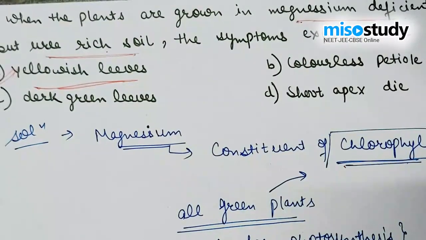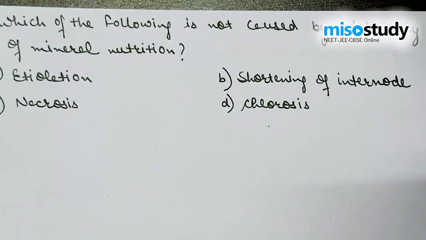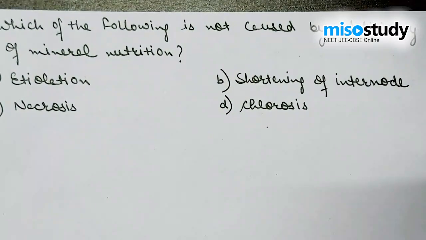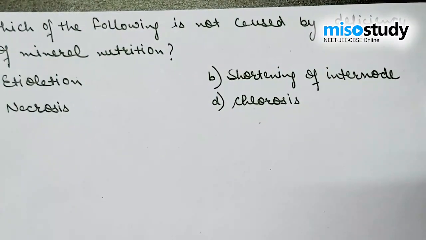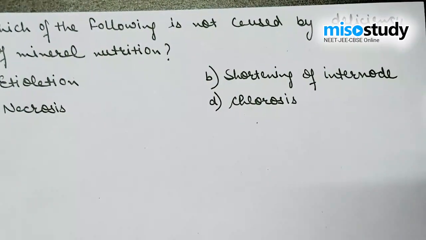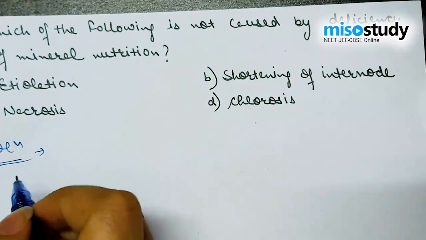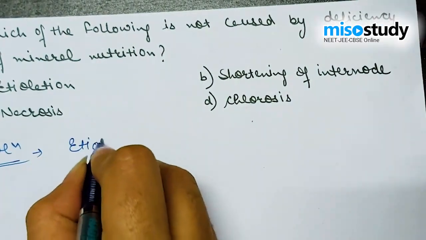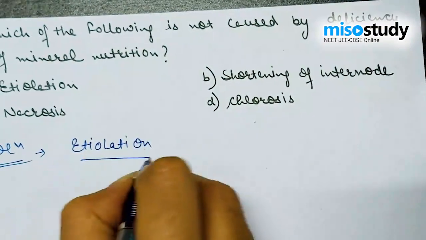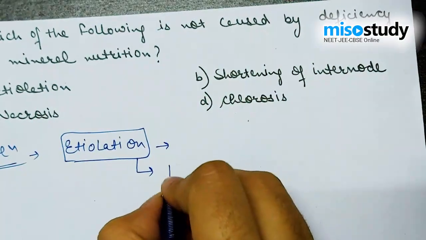Let's discuss the next question from mineral nutrition: which of the following is not caused by deficiency of mineral nutrition? A. Etiolation, B. shortening of internode, C. necrosis, D. chlorosis. When we discuss the deficiency caused by mineral nutrition, there is etiolation. Now the question arises, what is etiolation? Etiolation is a process